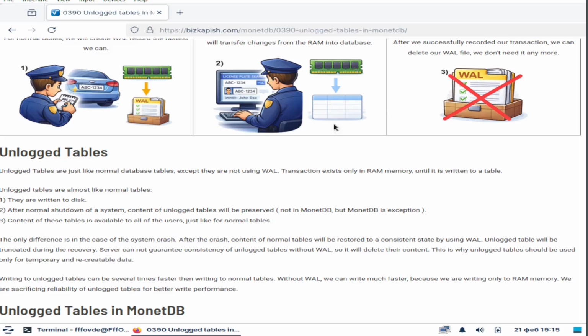So what is the benefit of unlogged tables? Well, the benefit is that writing to them is faster, because we do not have to write these WAL files, we just have to write to RAM memory, so writing is faster for unlogged tables. So we are sacrificing reliability of unlogged tables